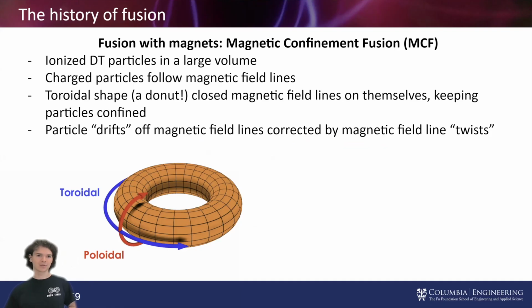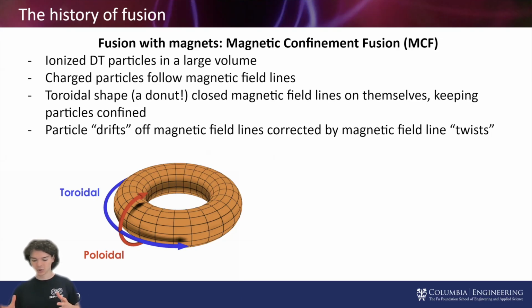So basically what we do is we have a large volume and we put magnetic fields. We'll talk much more about this in later classes in this series, but charged particles follow magnetic field lines to lowest order. So if you have a magnetic field line, there's a charged particle in a plasma moving along it. You want it to stay in the same place. So what would I do to make my extremely hot particle stay in the same place if it follows a magnetic field line? Well, I could make a magnetic field, and then I could wrap the magnetic field on itself,